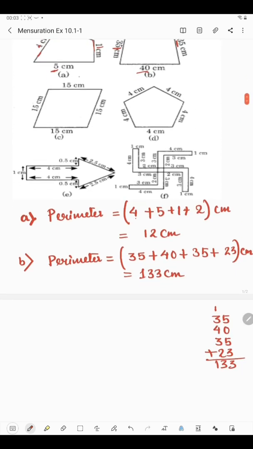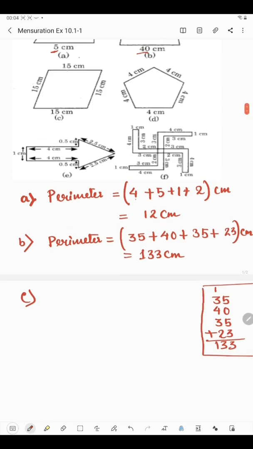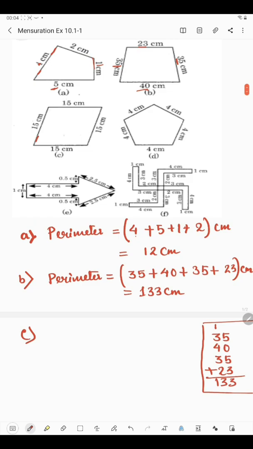Okay, now coming to part C. In part C we will have to find the perimeter, and in this figure we can see that all line segments are of the same length, which is 15 centimeters. We know that to find the perimeter we need to add all the sides, right? Here all sides are equal, so we can find it by multiplication also. The length of one side is 15 centimeter, and since there are 4 sides, 4 multiplied by